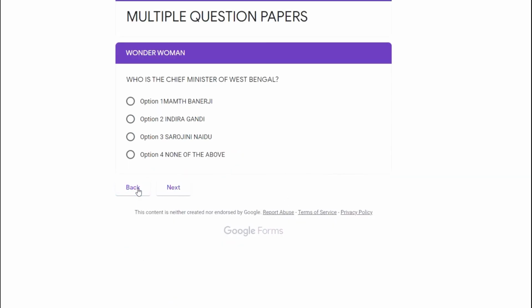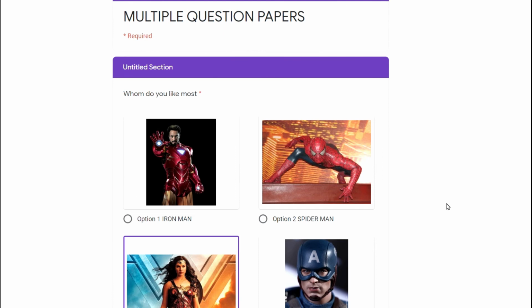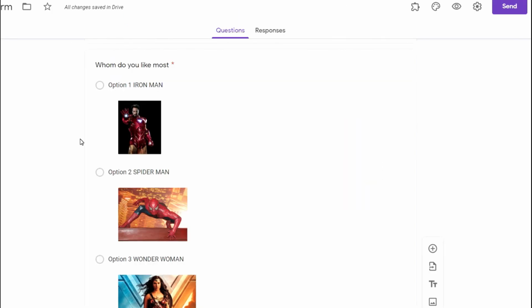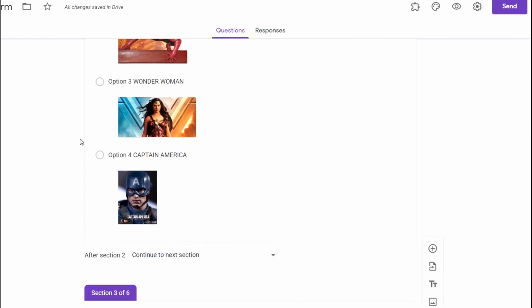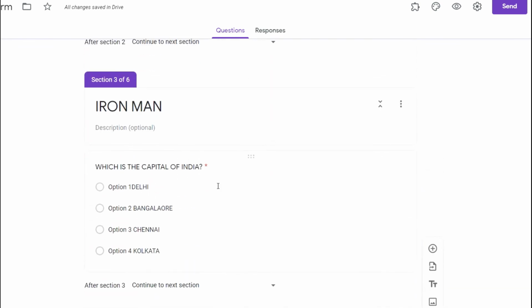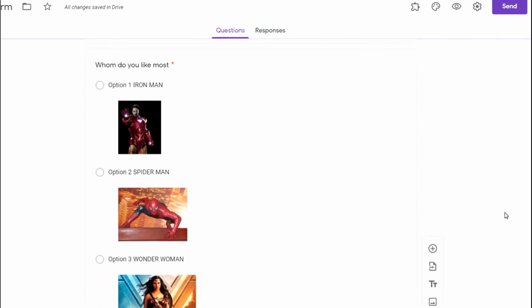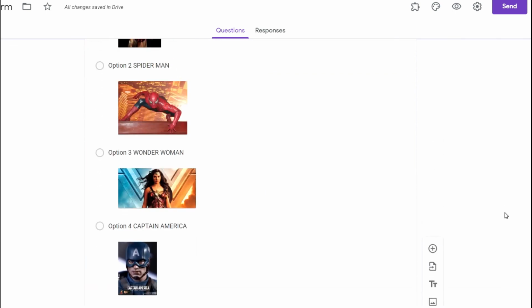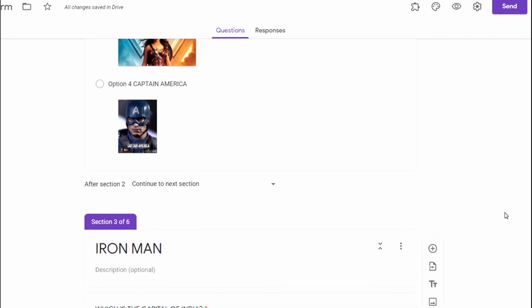That means if students select different options in your question paper, the students will be directed into different sections and they will see only those questions under that particular section. This is the method you have to follow to set different question papers to different students in one single online examination.